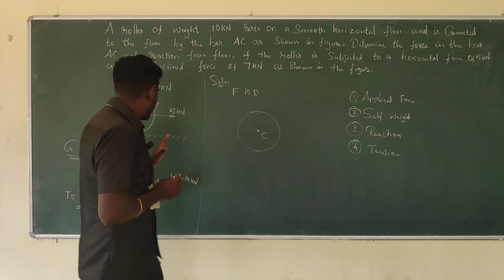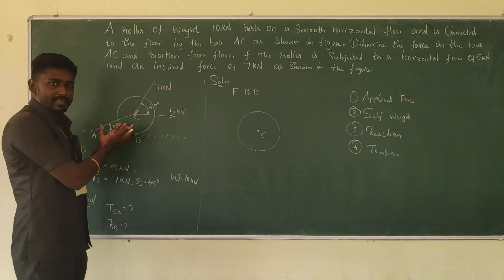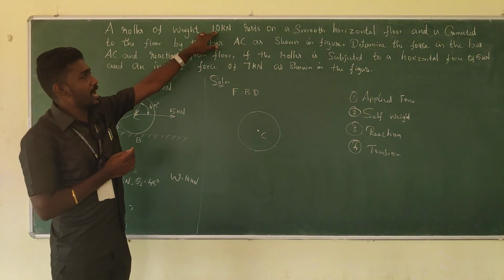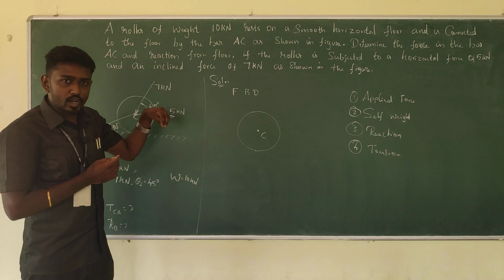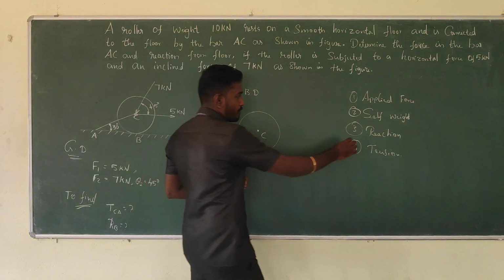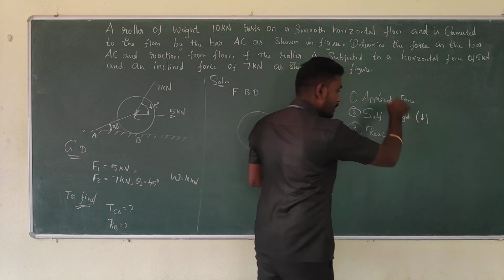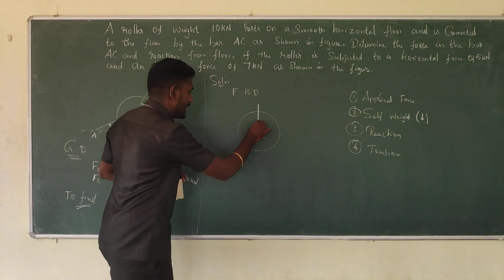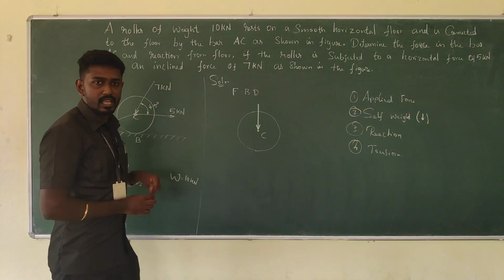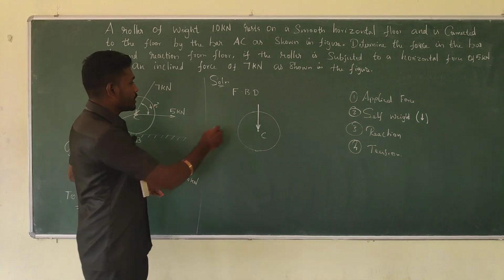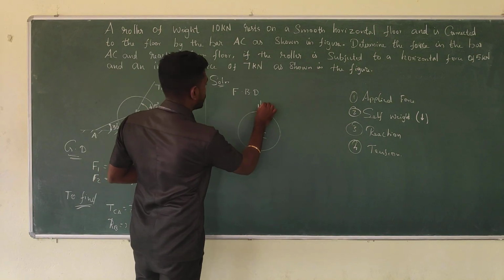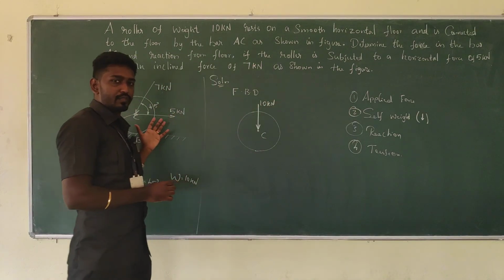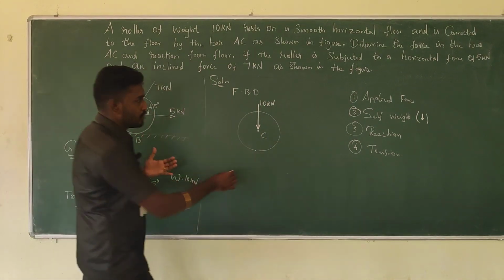Okay, so look at this. It is with the roller. Definitely this roller will have the weight which is given as 10 kilonewton. Always consider the weight of the object to be directed just downwards. So here I am going to take the weight of this roller downwards from the center of the object. So I am going to denote something like this, 10 kilonewton. Applied force means given forces on the body. This one we have completed.